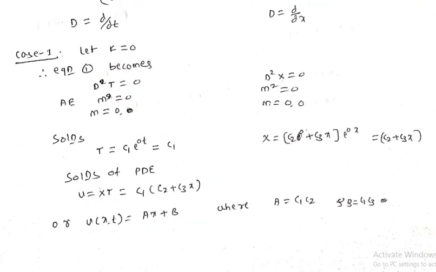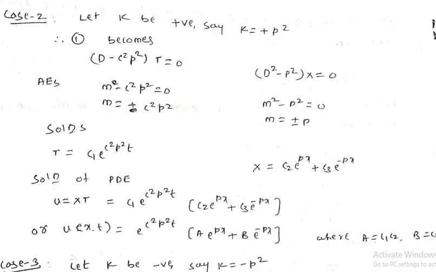Now the same equation can also be denoted with c1 c2 as capital A, and c1 c3 becomes B. So u equal to XT is A plus Bx. Actually it is Ax plus B, but we will write or consider this one as A plus Bx. So A is c1 c2, B is c1 c3.